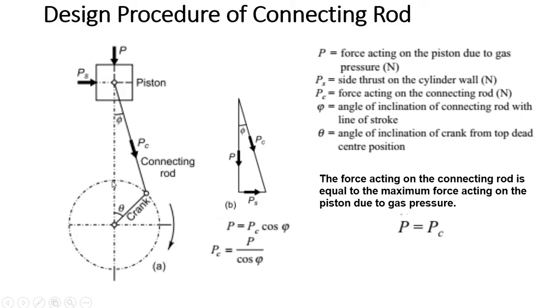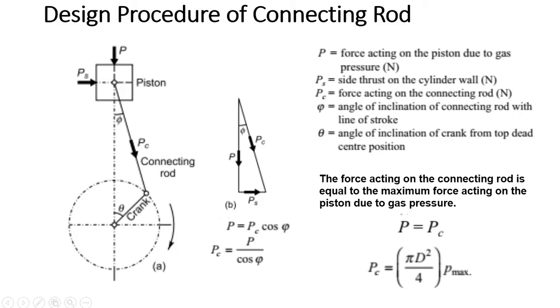In that case only P will become PC. In other words, it is either on the inner dead center or the outer dead center. Whenever it is in these two positions, we have the maximum force, and we can say that PC equal to P is the maximum force that can be transferred from the gas pressure to this connecting rod. So we know that the maximum force P max will be equal to pressure times area, and the area is pi D square by 4, where D is the diameter of the piston.